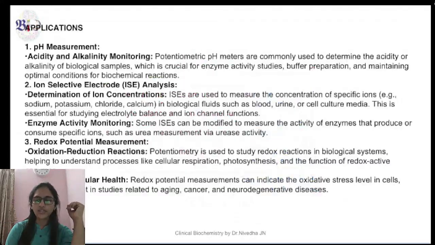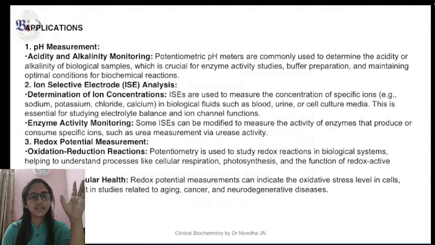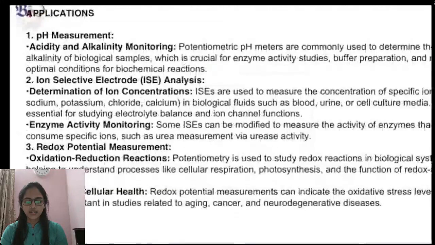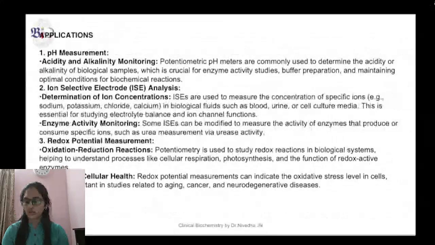Right. So what are the different applications? How do you use this potentiometry? Basically, as an electrolyte analyzer, we know, is it not? We used to measure the pH, sodium concentration, potassium concentration, all electrolytes. So these are different types of applications that we already know of. Let us see here again. One is pH measurement, the acidity or alkalinity of the sample we are going to estimate. That can be done using this